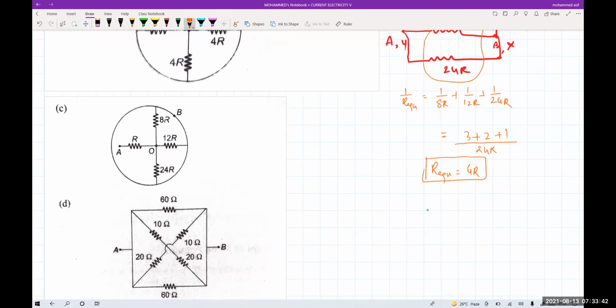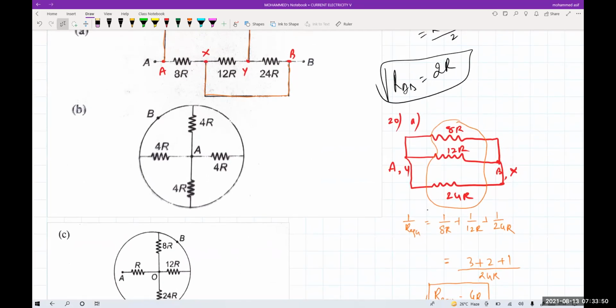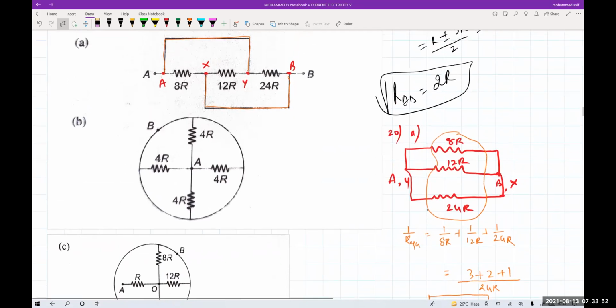Is it clear? Sir, wires have no resistance, right, sir? The wires have no resistance. Yes. Then that is the reason I moved all of A and Y into one point. Literally between A and Y there is a wire, so I took that whole wire as one point. X and B, everything I have taken as one point here.